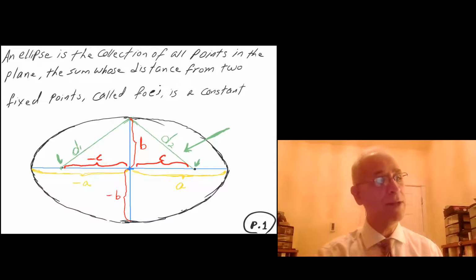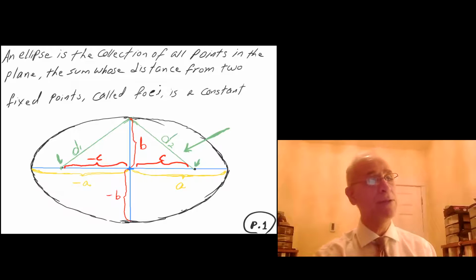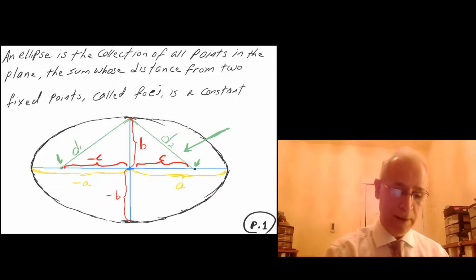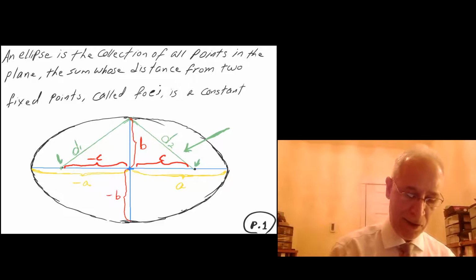Anyways, by the definition of an ellipse, D1 plus D2 is the same as this major axis,